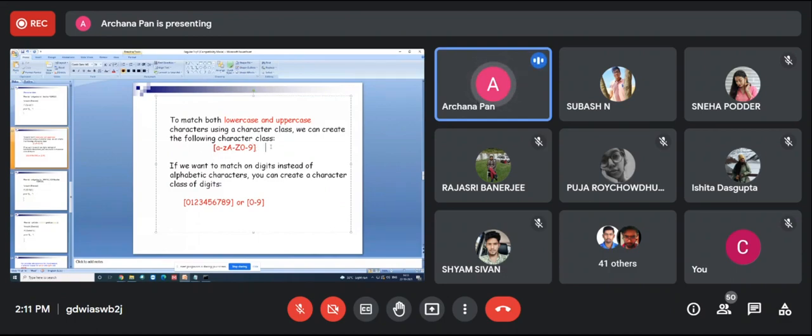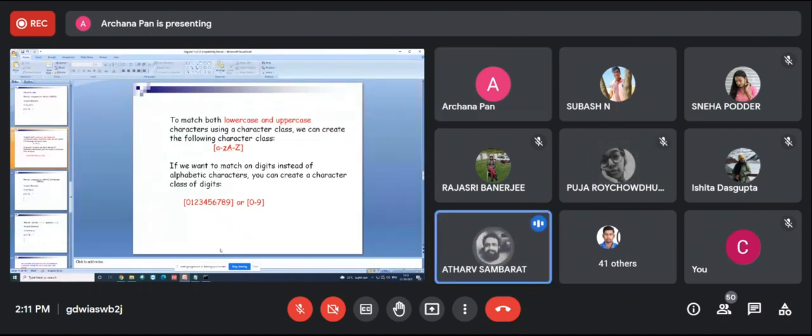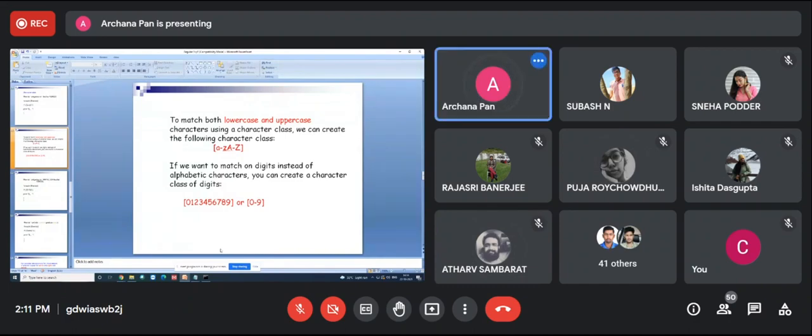The character class is a set of characters within the square brackets. So this is the character class for lowercase, uppercase, and digit 0 to 9 all together. For only digits, you can write 0 to 9. Is it clear?